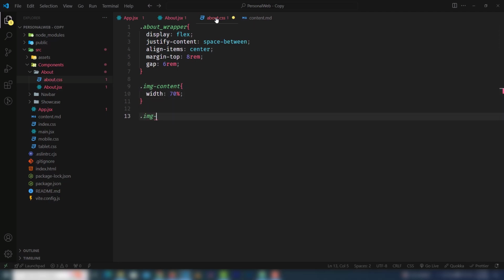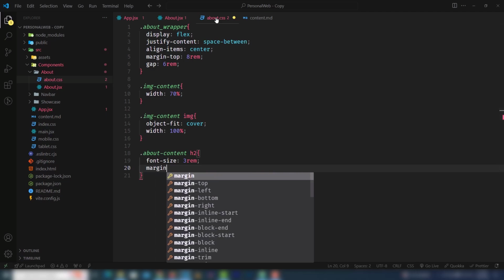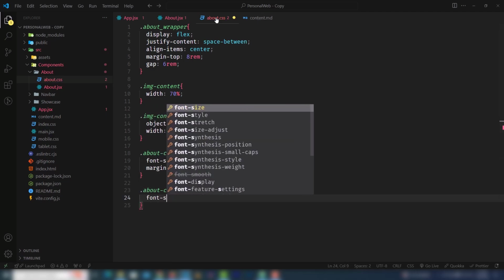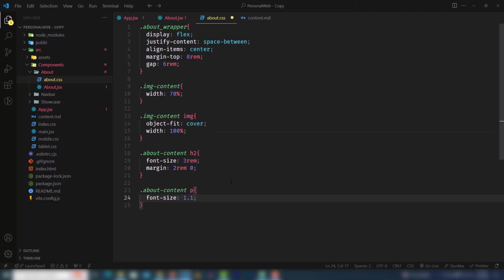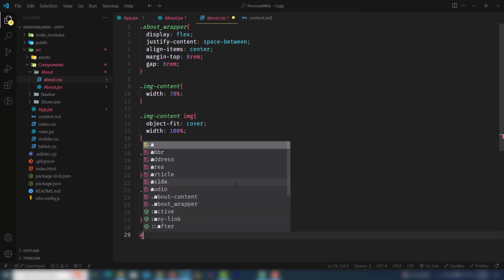Image content img. I'm gonna add an object fit cover. Width should be 100%. Select the about content. H2 font size should be 3 rem, and I'm gonna add margin top and 2 rem here. Let me select the about content, have a paragraph. Font size I will use 1.1 rem, and line height I will use 1.5. Text align justify, and last thing I'm gonna select the